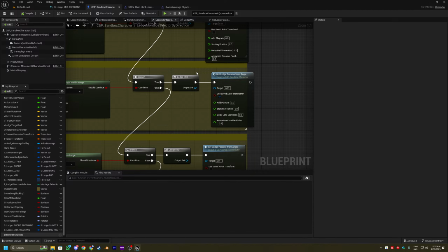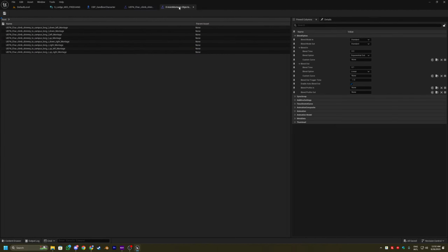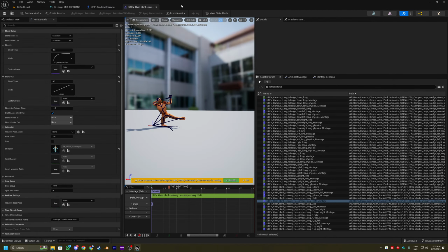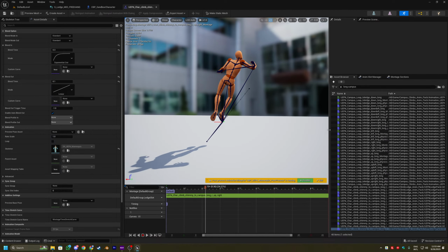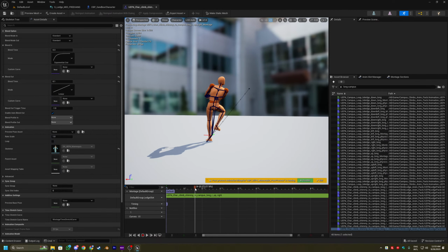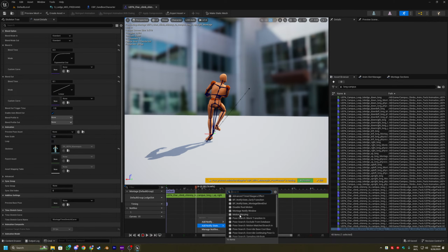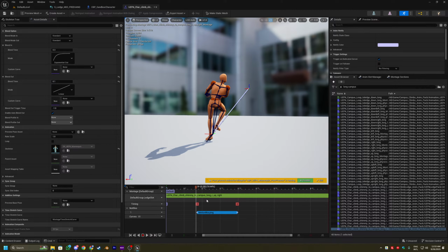Let me try to do something here on live. So, for example, the write-up. Let's try with the write-up. I want to do a motion warping. Let's see if this is going to work, because the last time I tried to move the character with the motion warping, it didn't work. So I'm going to try motion warping here. So as you can see,